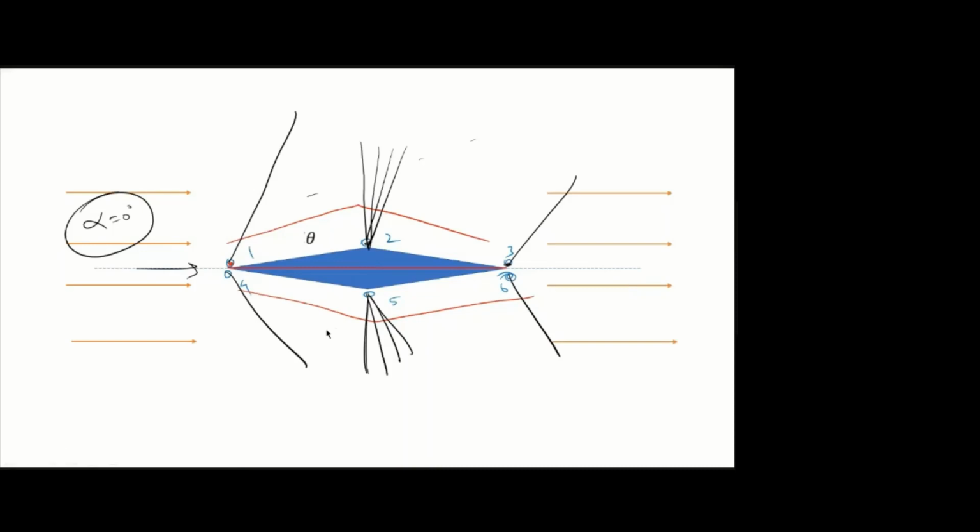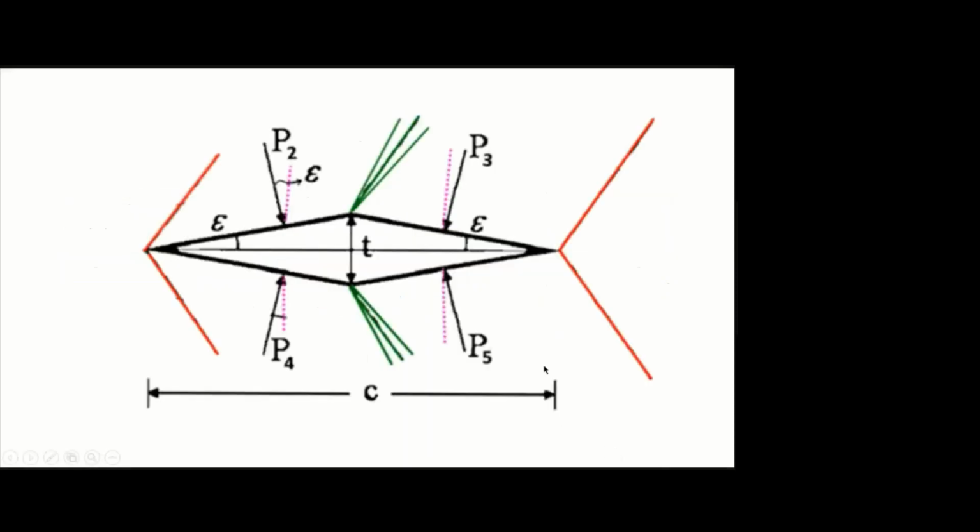Yes, sir. Okay. Now next see. See here I explain. So oblique shock, expansion fan, again oblique shock, and you will get the mirror image as the angle of attack is 0. Then next case. So this dotted yellow color line, is it visible? Yes, sir. Okay, so that is the flow direction,